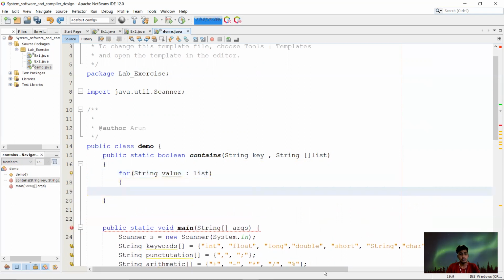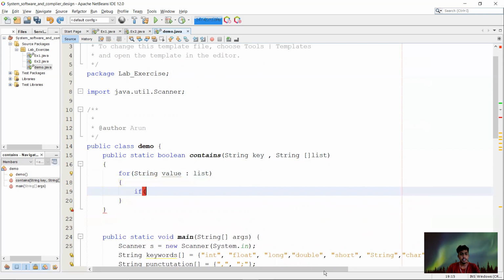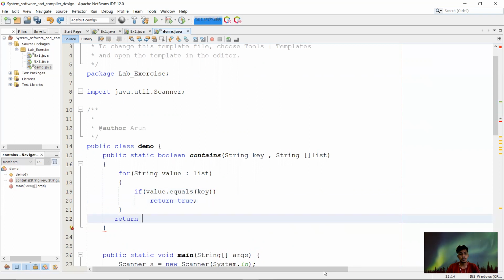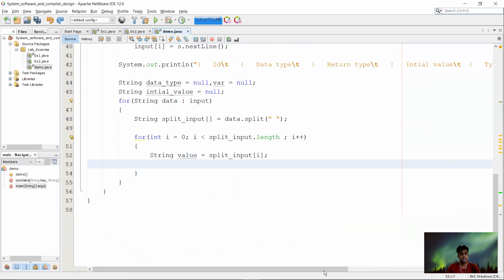If the value in that list is equal to key, that means I will pass one key and the list, and I will check whether the given key is inside that list or not. If it is inside the list, it will return true, otherwise we will return false. So that's the function.